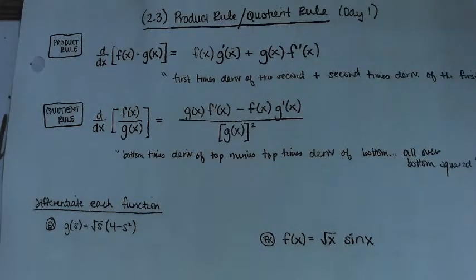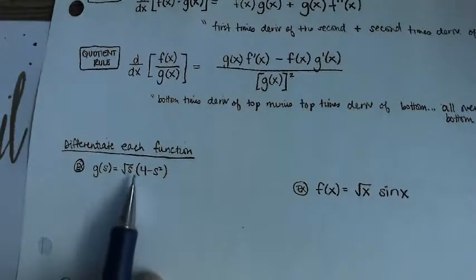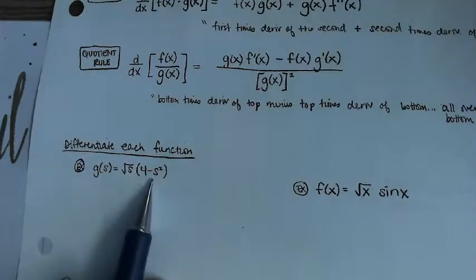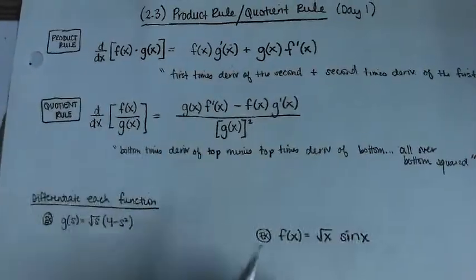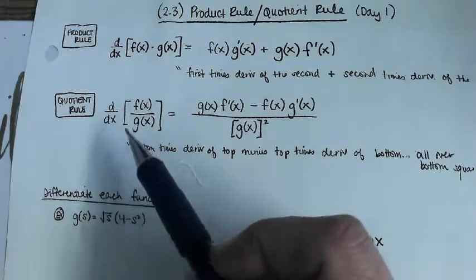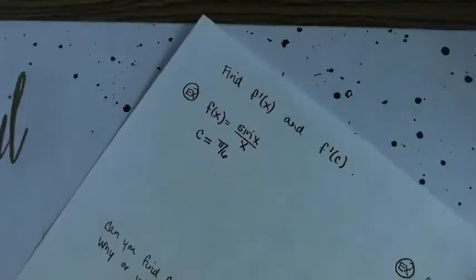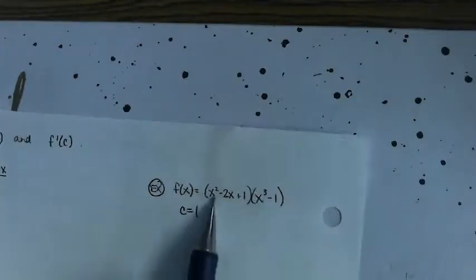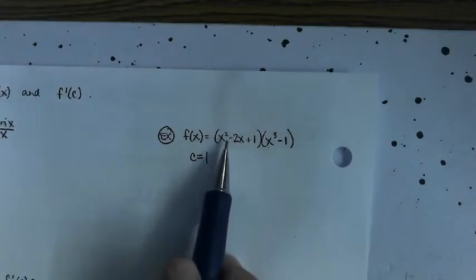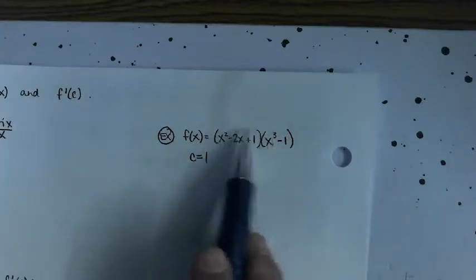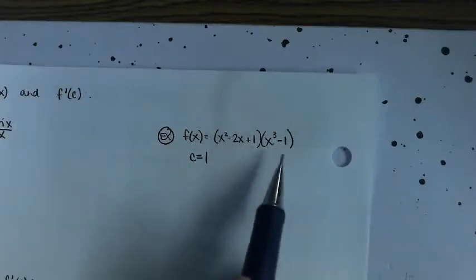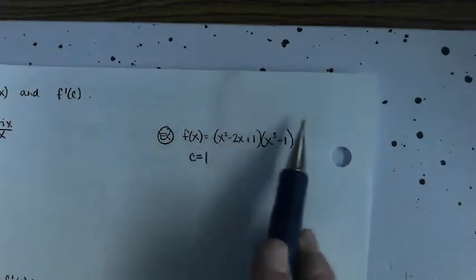You could. You definitely could. But that could get ugly. Right? That could get ugly quickly. And up until now, that's what we've done. If we had, well, I didn't even put one. Like if we had something like this, prior to this point, we would just FOIL that out and then we would have one single long polynomial,